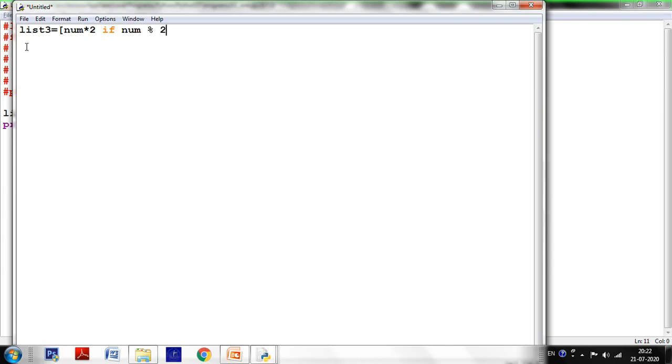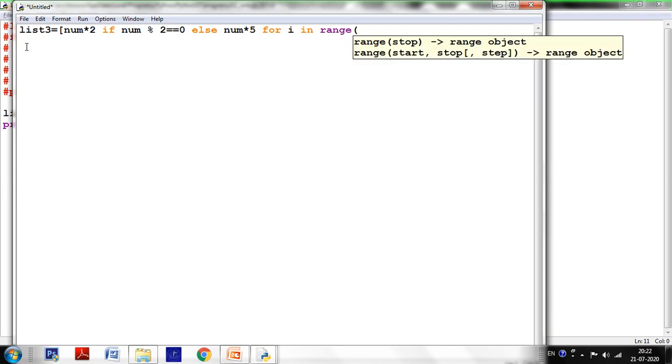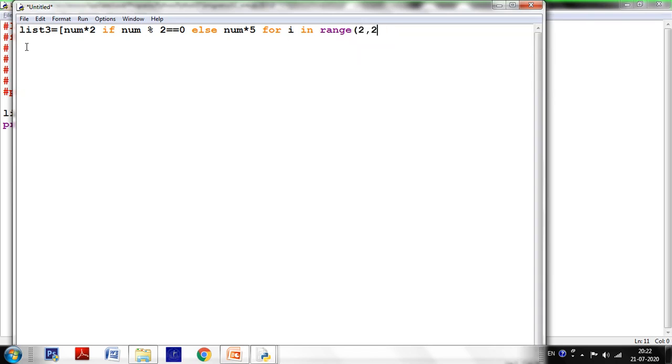Else num star 5, for i in range, a small range I will take so that you can verify it. I will start from 2 to 29, or 29 is also a larger value. Let us check for 15. Okay, then what we'll do, print